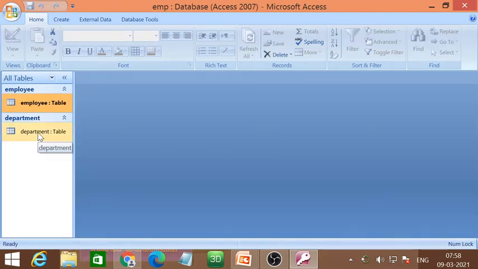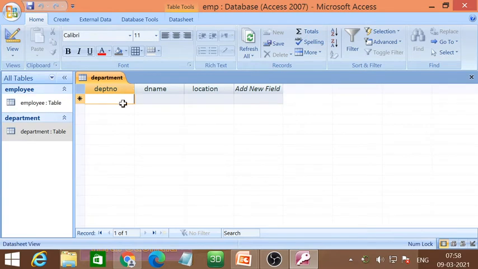Now it's time to insert the records inside the department table. Double click. Department number, for example, 1. Department name is accounts department. Location suppose Malad. Next department is number 2.